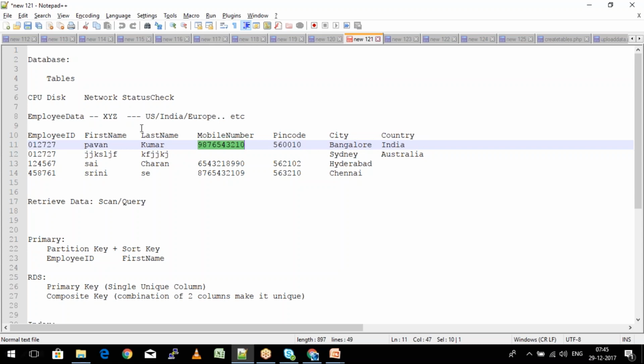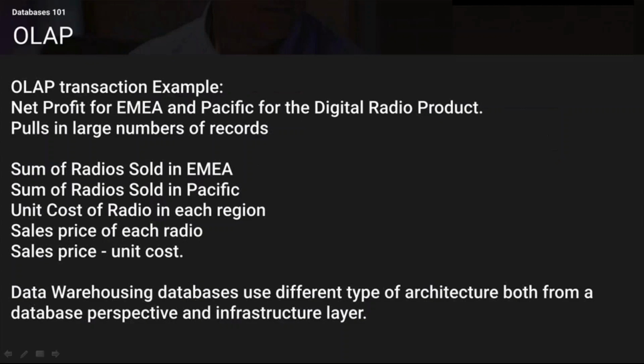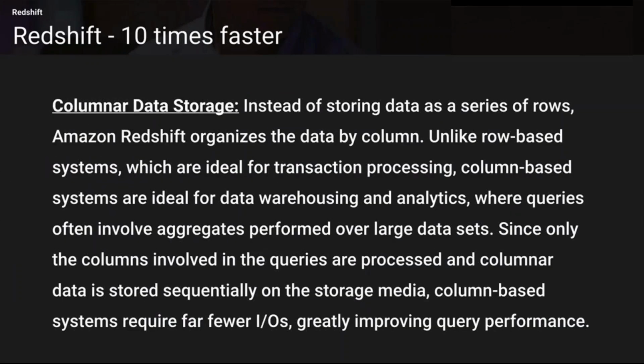So all I have to do is go and get the number of entries in the table, or when I write a query, I'm just going to check across one column how many are order accepted and how many are order rejected. So I'm going to check only those two things. So it becomes much more sensible to store the data in a column-based format.